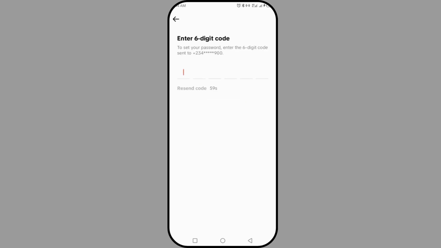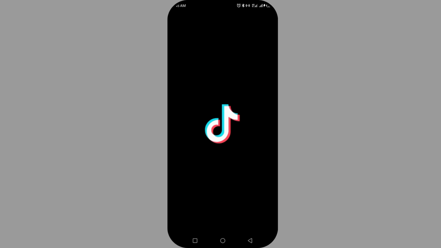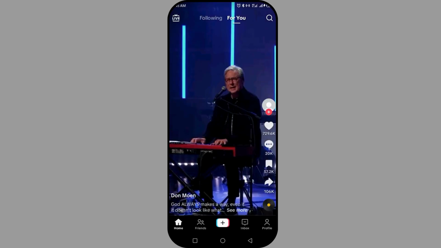So this is our TikTok now. Let's go back to this interface here. Okay, let's go back here. Alright, so I've opened my TikTok back, and this is the interface of our TikTok now. So I wanted to check out